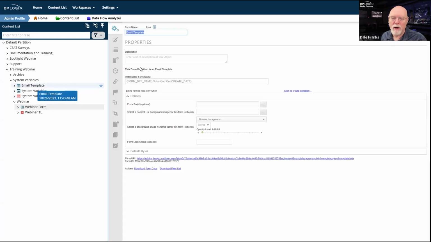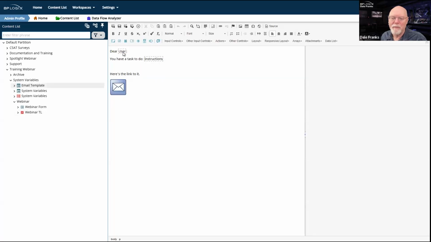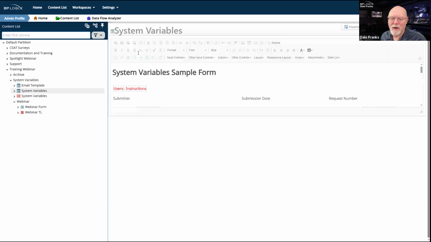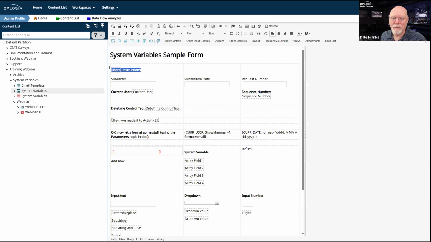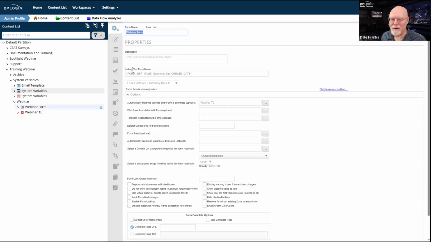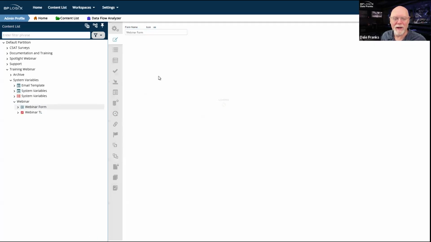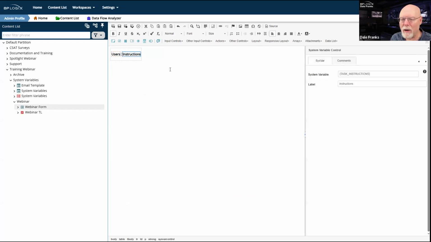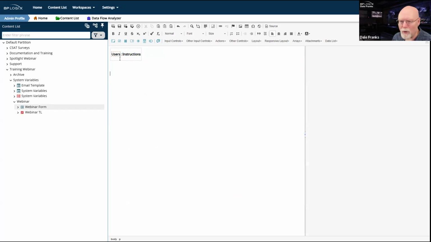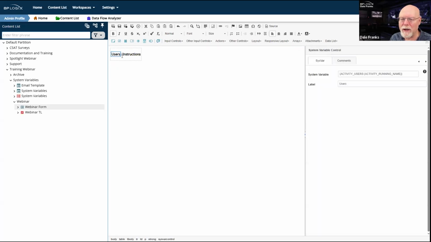So when you're dropping a system variable into a form, technically you don't need to do anything special. In fact, while we're here, I'm just going to copy the email template to make my life easier and make this go a little faster. Let me run over here into this form and we'll just paste these. I'm just throwing these up here at the very top. Now, there are a couple of different options for using these system variables. And I think I want to get rid of that table here because I don't want these to be in a table.